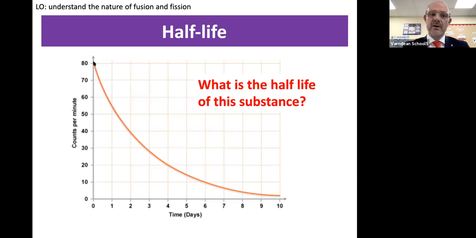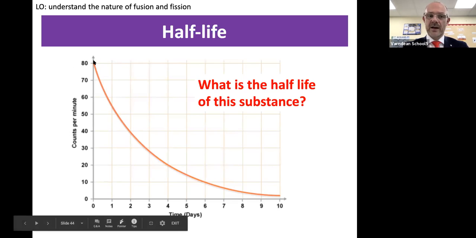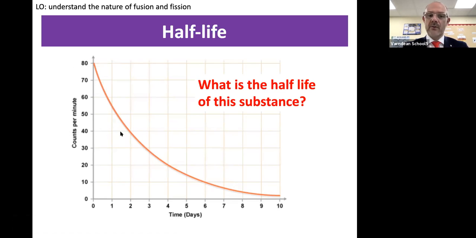It is showing you the number of counts against time, and you're able to work out half-life by working out how long it took for it to halve. They might ask you to do it in a different way. They might say the half-life is 2 days. What would the count rate be after 6 days? But you didn't have a graph. Well, that's easy, because you just halve it until you get to 6 days. If the half-life is,